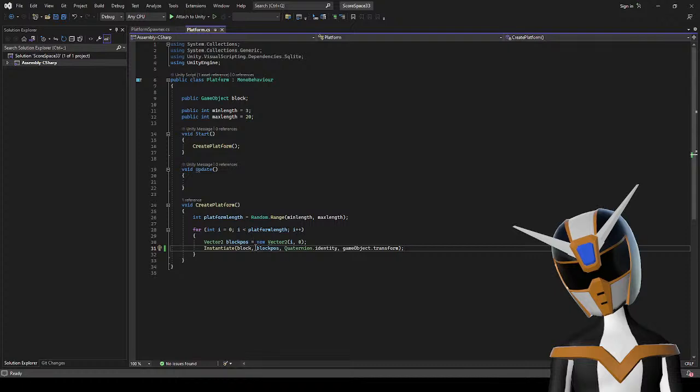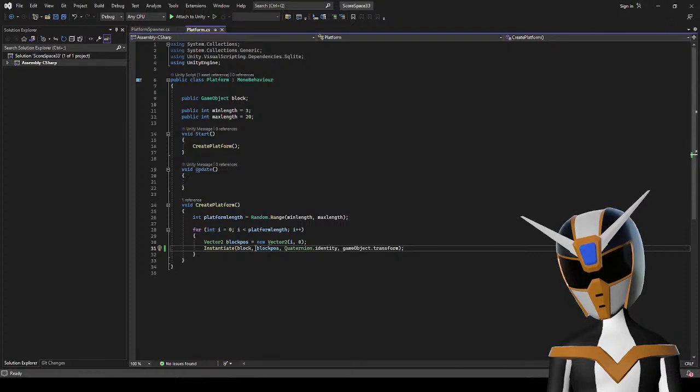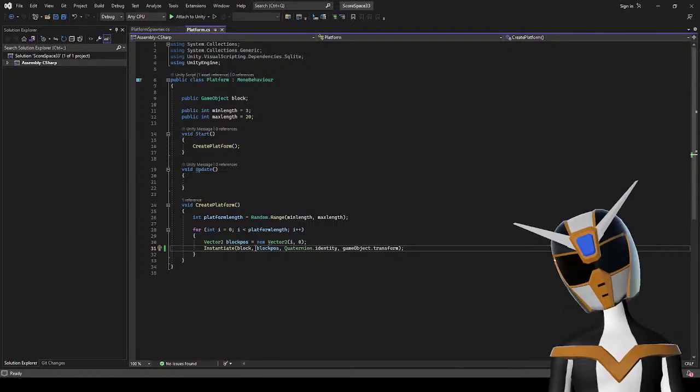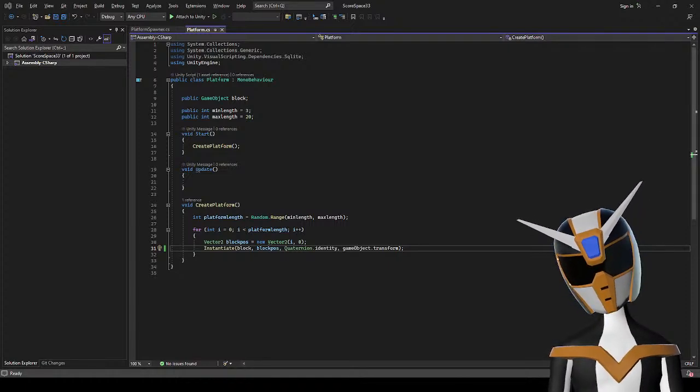Wait. Wait, I think I might know what's going on. It's setting the platform itself to a position, but it's setting the blocks within the platform to Y0. That's what's going on. Wait, I think I get it.